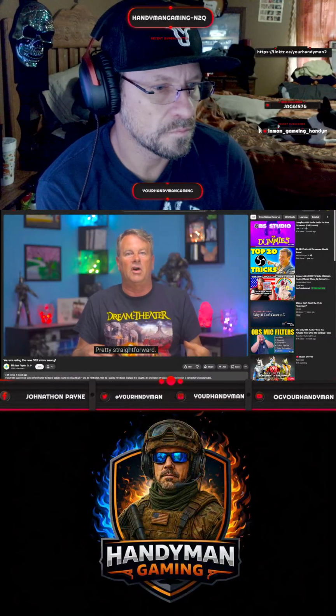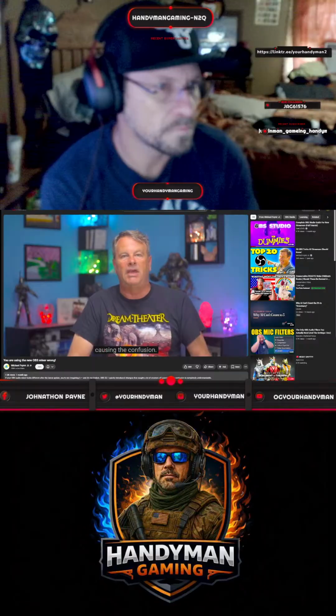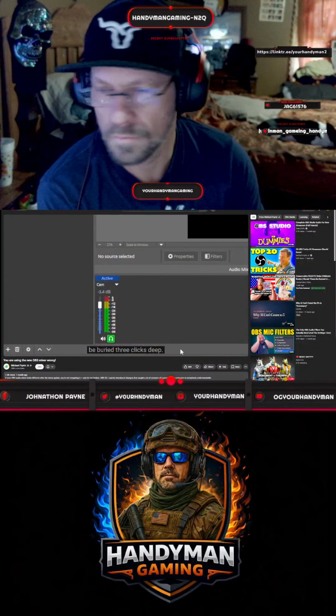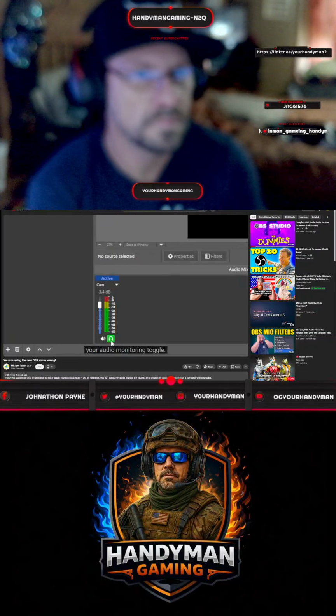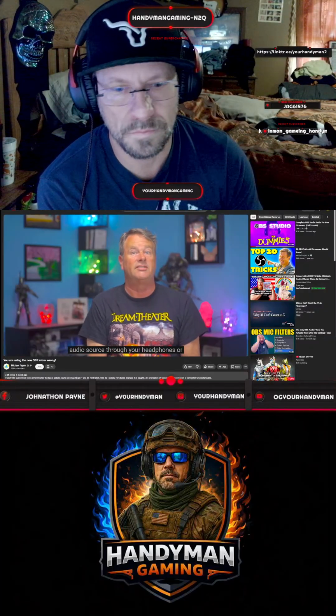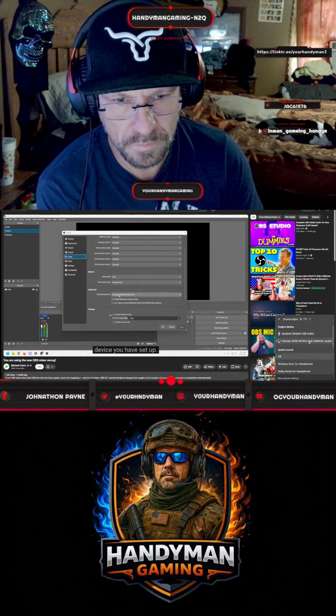This is the one that's causing the confusion, and for good reason, because this used to be buried 3 clicks deep. The headphone icon is your audio monitoring toggle. When you activate it, OBS will pipe that audio source through your headphones or whatever monitoring device you have set up. Now, assuming that you have your monitoring device set up in your OBS